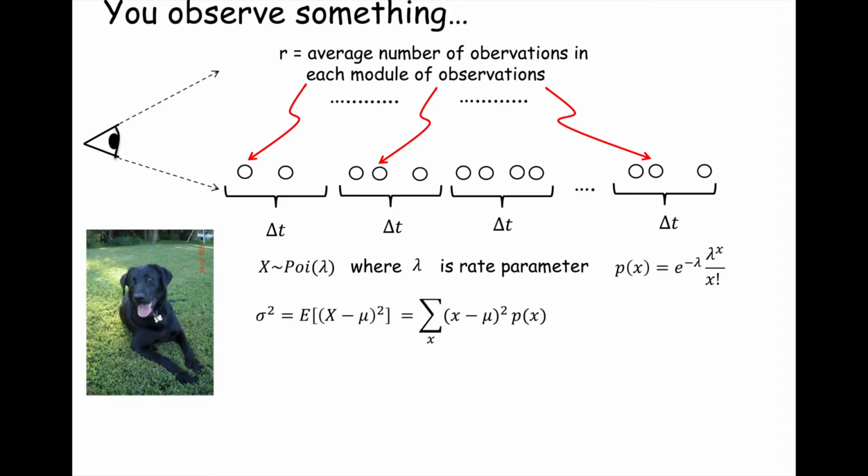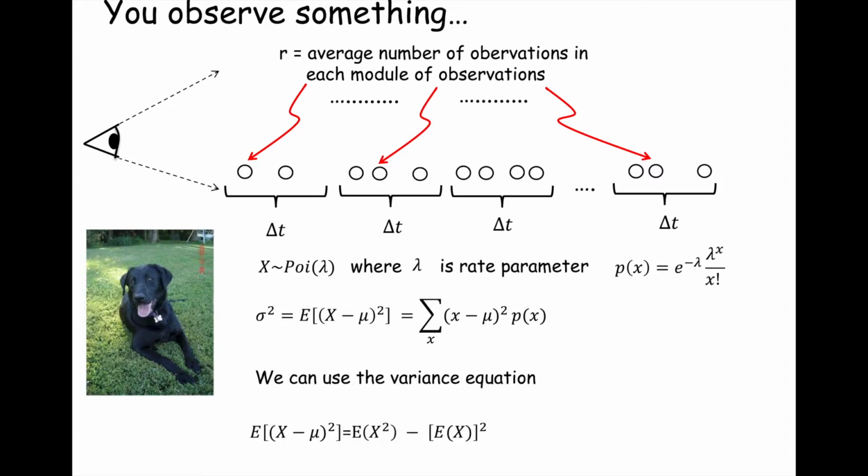So let's go back to the definition of what variance is. Variance, summarized by Greek letter sigma squared, is the expectation for which the variable's value x differs from its mean squared, because you care about the magnitude but not the direction, and you're taking that weighted sum for that dispersion, right? So we take x minus mu, quantity squared, and then we weight that by p of x, where p of x is the probability mass function for the Poisson, e to the minus lambda times lambda to the x upon x factorial.